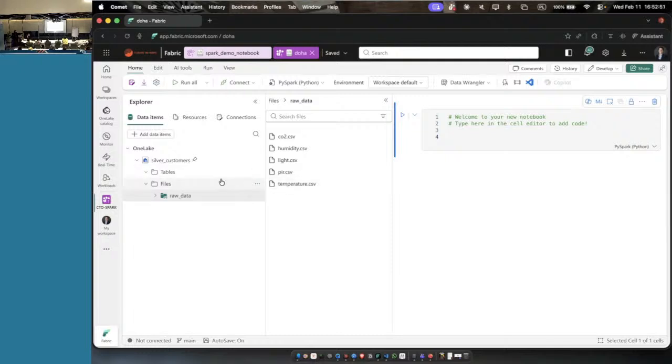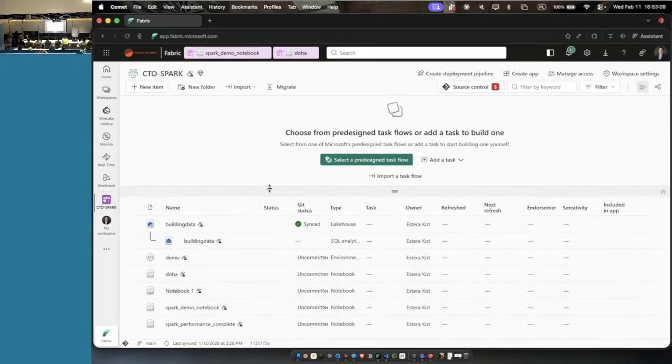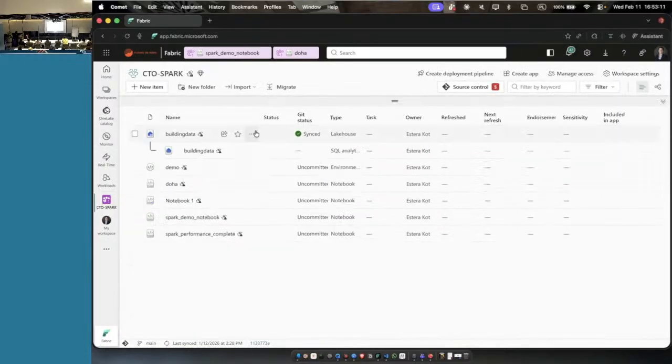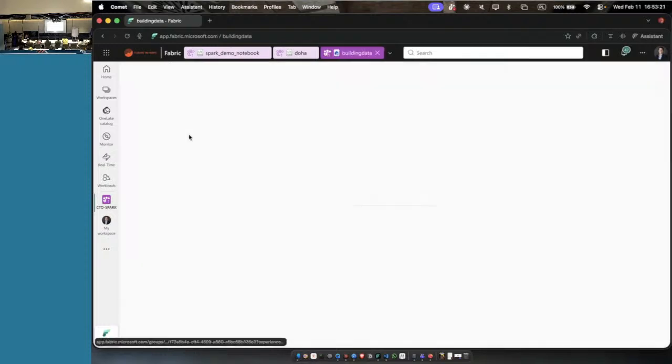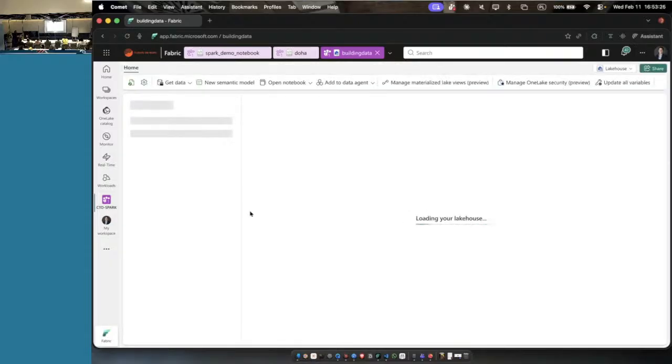What should I do? I should use a functionality to transform CSV to tables. I can write a line of code, but why should we code? We should just click and drag. Yes, let's do it. So I will go one more time to a different place, to my workspace, to a lakehouse which I connected. Maybe I'm using the same portion of data, but it's the same example. Let's open it.